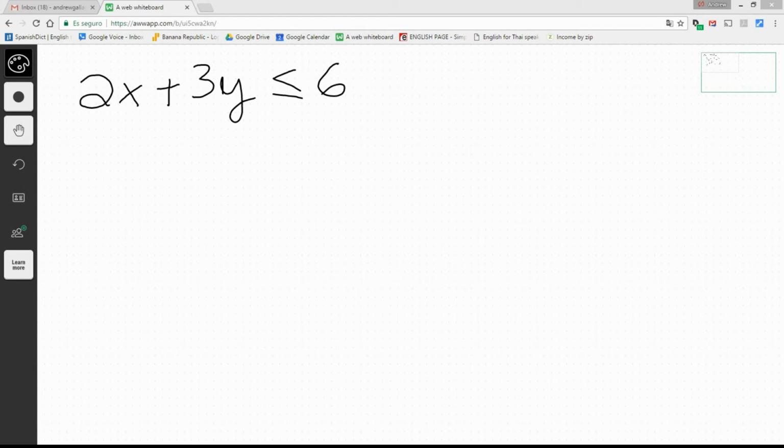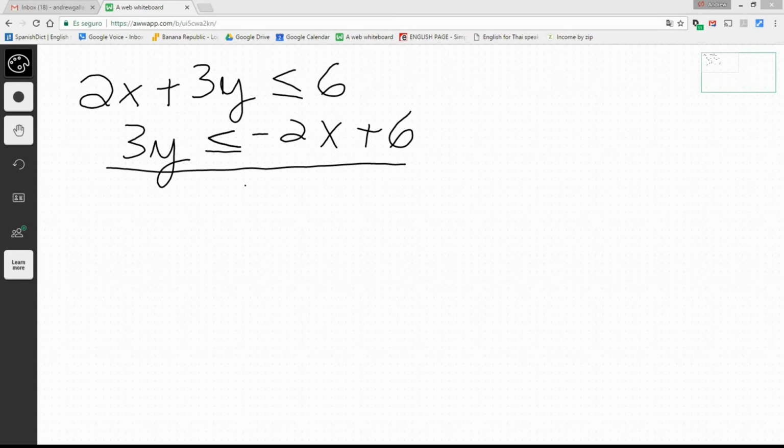Just graph it that way. So basically, this is going to look like 3y is smaller or equal to negative 2x plus 6. Divide everything by 3. We get y smaller or equal to negative 2/3 x plus, sorry, that last bit was wrong,